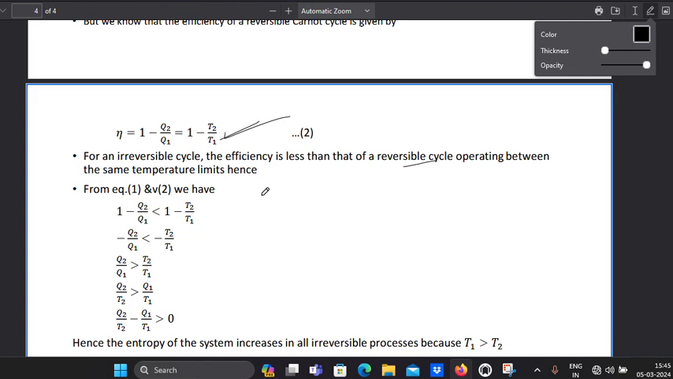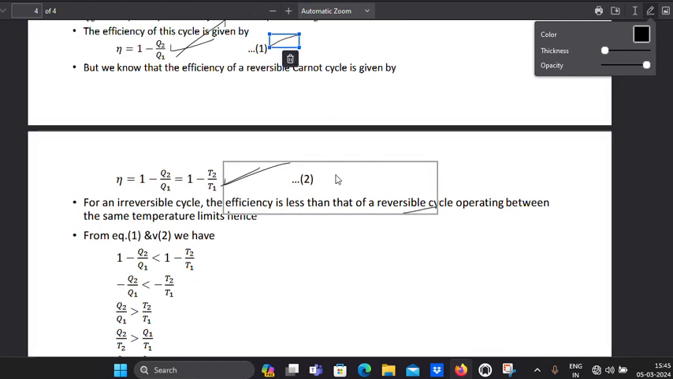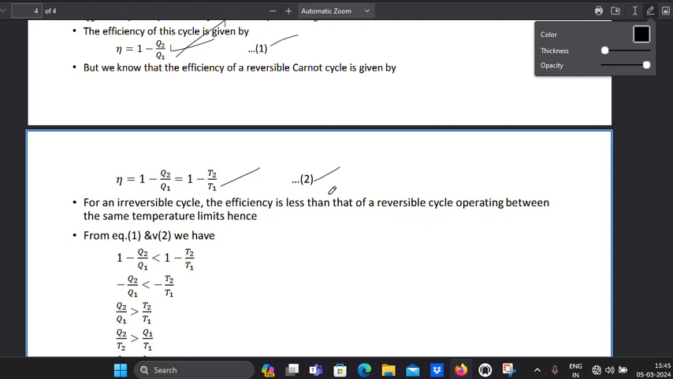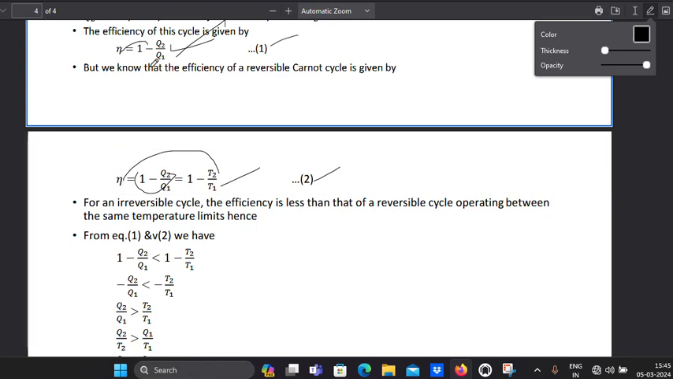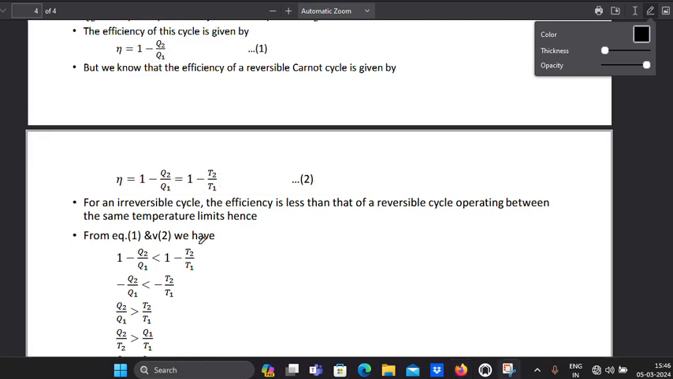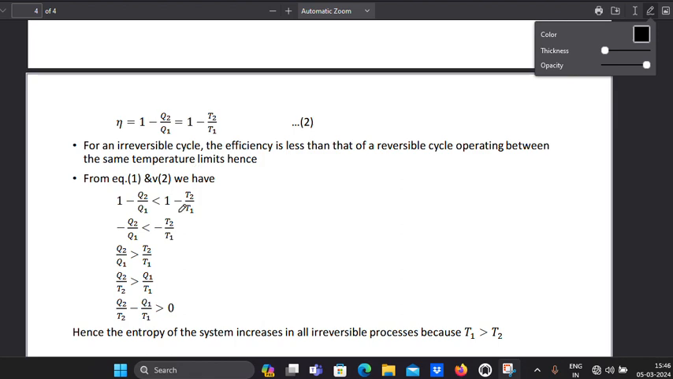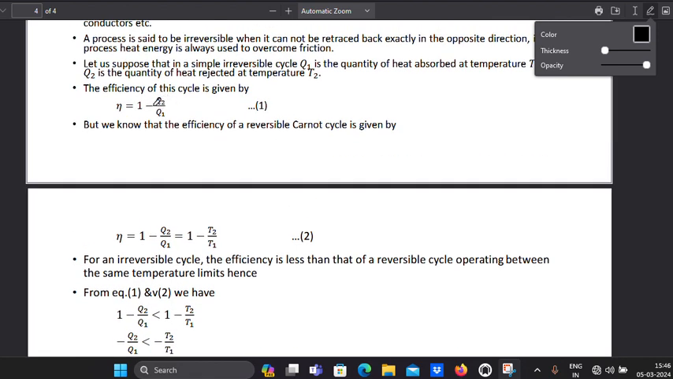From equations 1 and 2, this is the first equation and this is the second equation. So here, this is irreversible and this is reversible. That means its efficiency is more, its efficiency is less. Now see here, its efficiency is this, and its efficiency is reversible,